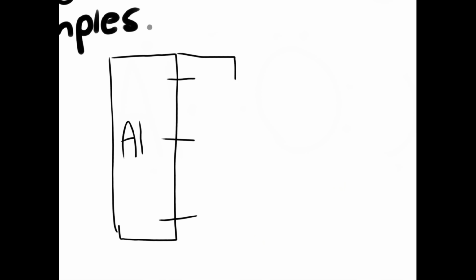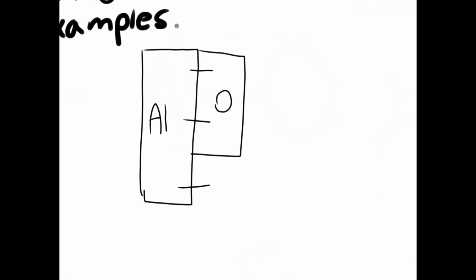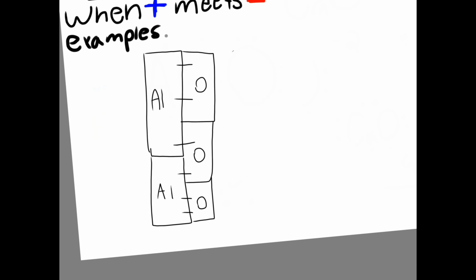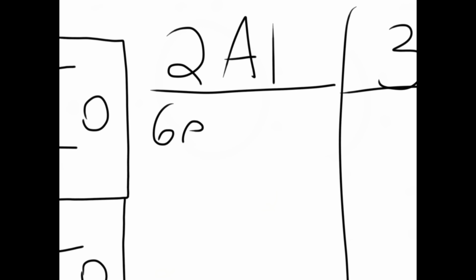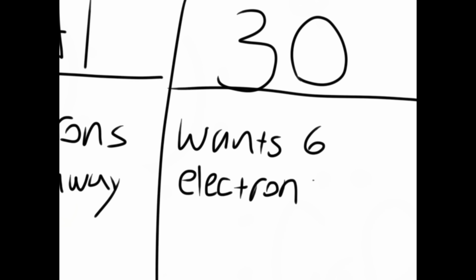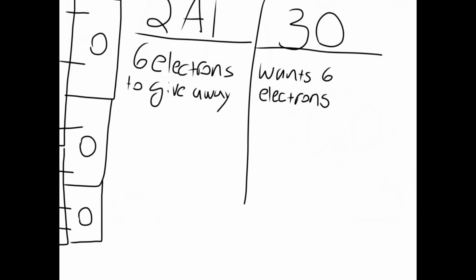Well, I like using this example with blocks to figure out how they go. So you can see that we're missing 1 electron, so we obviously have to add another atom to make sure that they equal each other. And we have to add another oxygen atom to fill out the last 2 electrons. So the aluminum in total gives away 6, but the 3 oxygen atoms want to get 6. And so this is how it balances out at